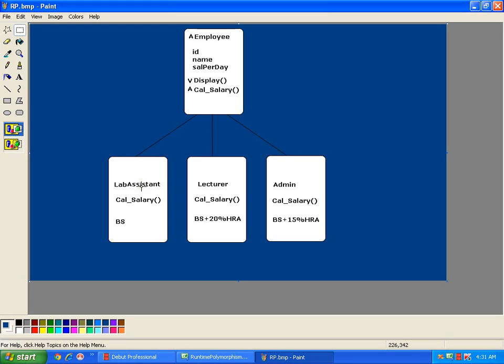Lab assistant I am inheriting from Employee class, lecturer I am inheriting from Employee class, and admin I am inheriting from Employee class. So lab assistant is an employee, lecturer is an employee, admin is an employee. As I told you, Employee is an abstract class which is the blueprint of our problem. So we have employee ID, name and salary per day common for all the end users. I have taken that in my abstract class,